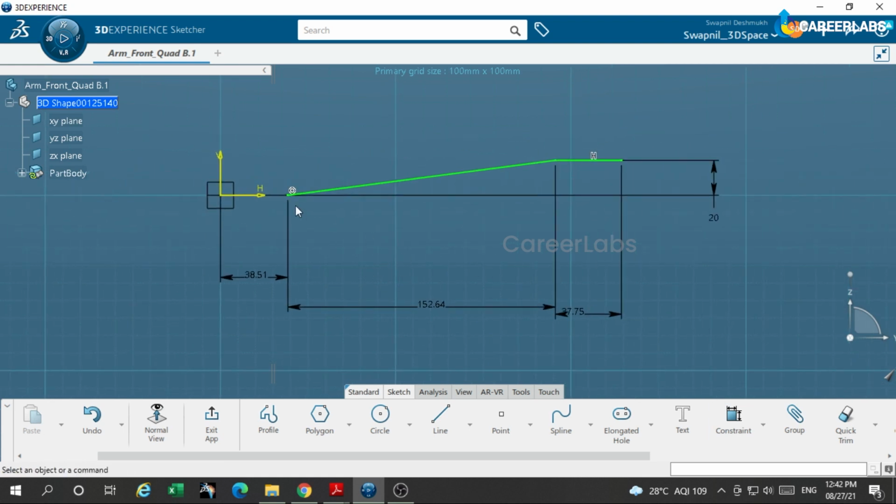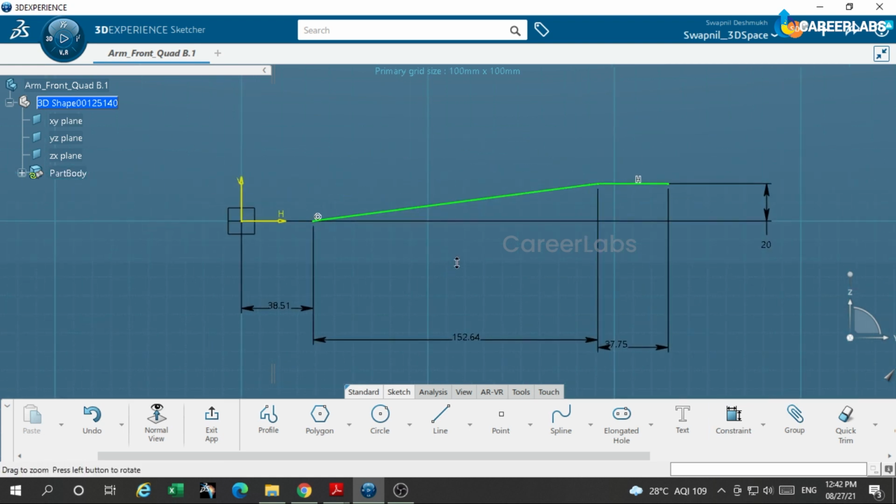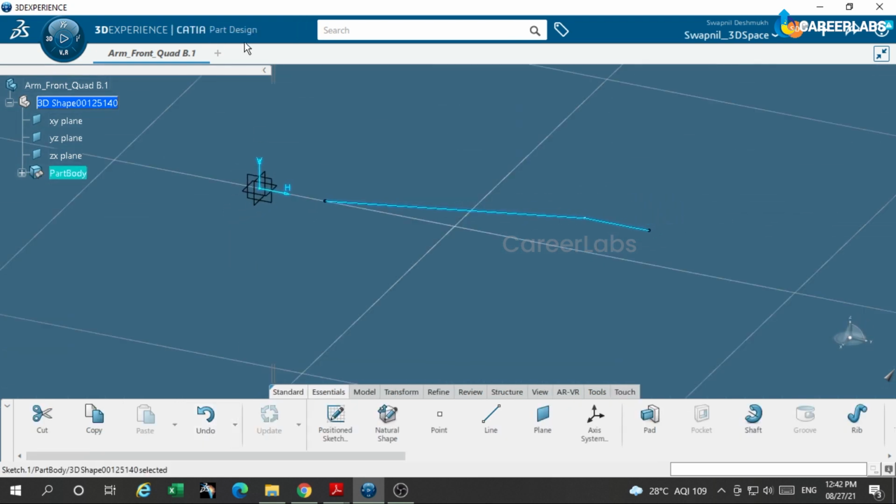We need to use sometimes these geometrical constraints as well, like coincidence with this horizontal axis, to make the 2D profile fully constrained, that is called as ISO constraint. After completion of it, we'll exit the Sketcher application to come back to the part design app.